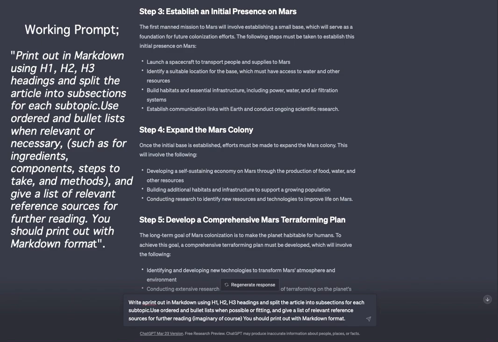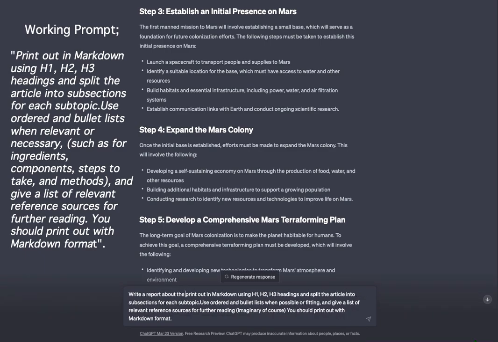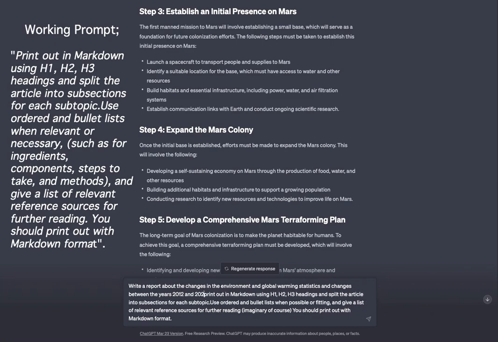write a report about the environment and global warming statistics and changes between the years 2012 and 2020,